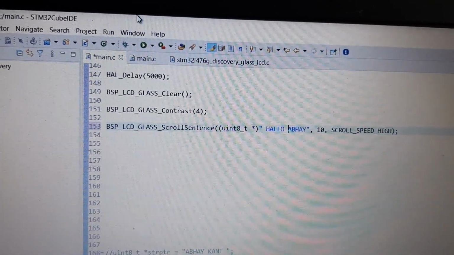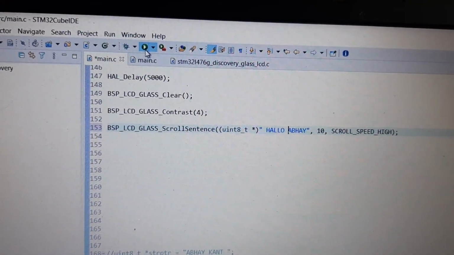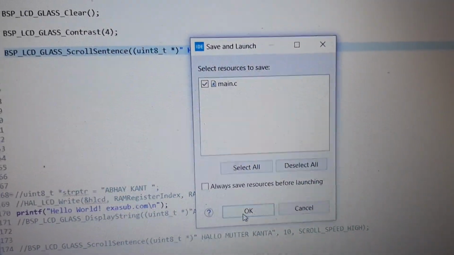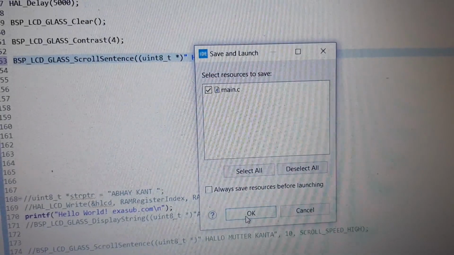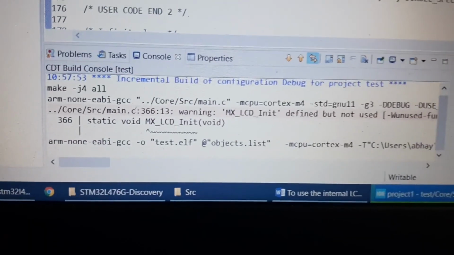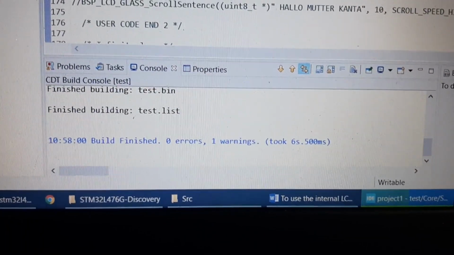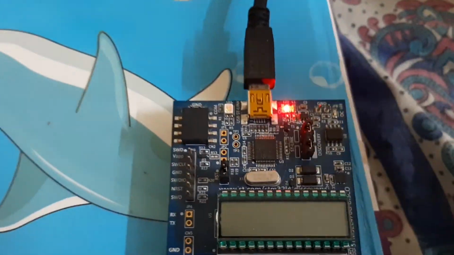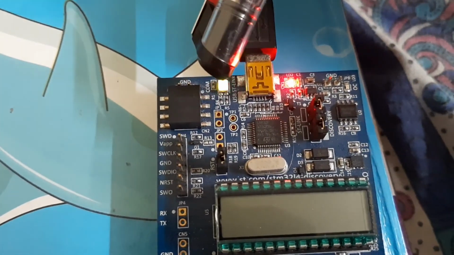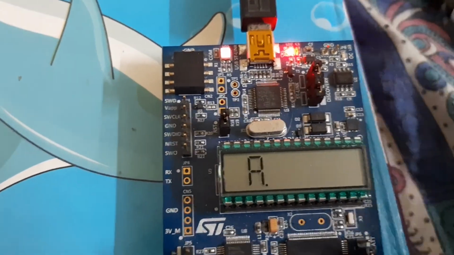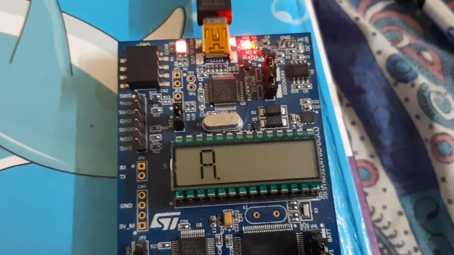If I press on run directly, it will ask me to save, compile and then upload it to the board. Now the file is compiling. Okay, the file is compiled. Then it will upload the function and flash the LED multiple times. Then there is a dot, as we have character display.